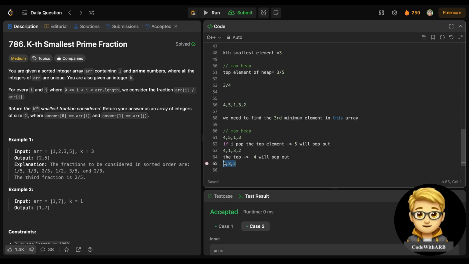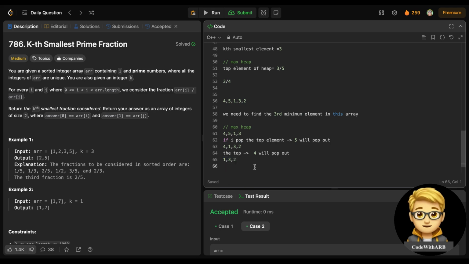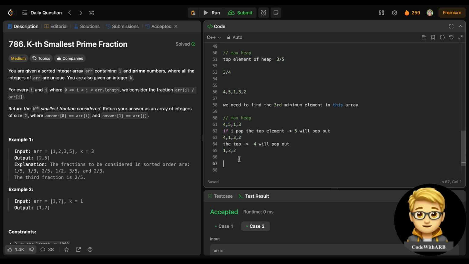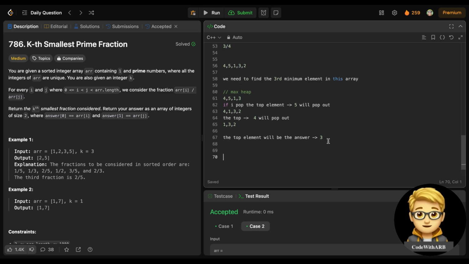The third element will be the maximum element, because we have already removed all the maximum elements which are greater than this, the third minimum element, right? So the top element will be the answer ultimately. The final answer will be the top element, which is equal to 3. And you can see the third element is the answer, which is 3, right? So if you have observed this here,